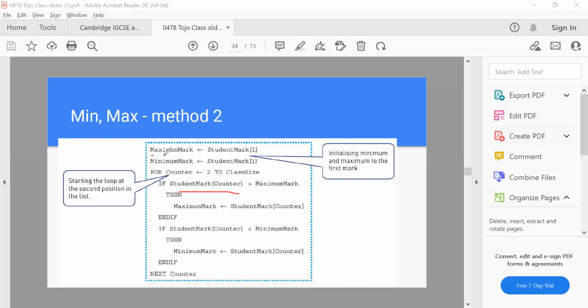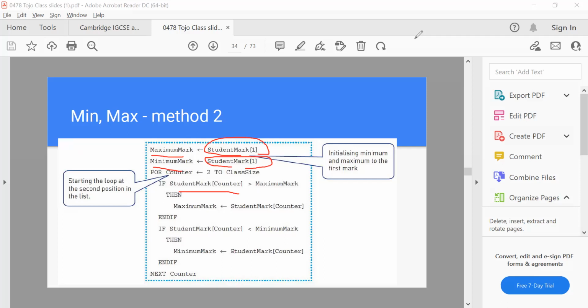But if he doesn't know, then he will get that from the first entry in the array. So if he has an array of marks for the students, he will get the first one and put it for the maximum, and also get the first one and put it for the minimum.